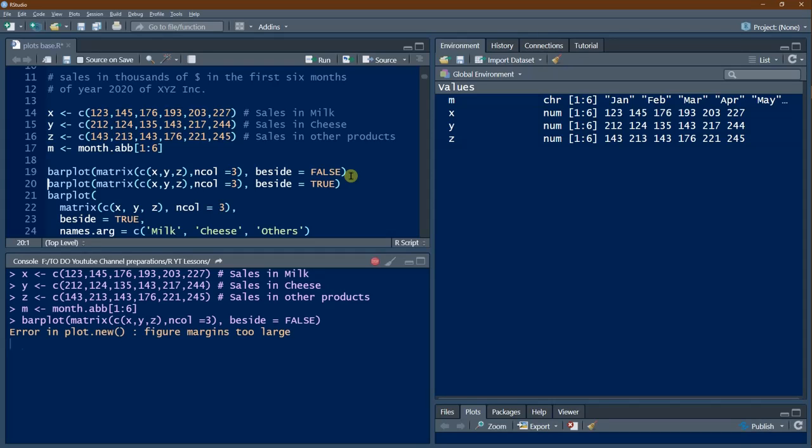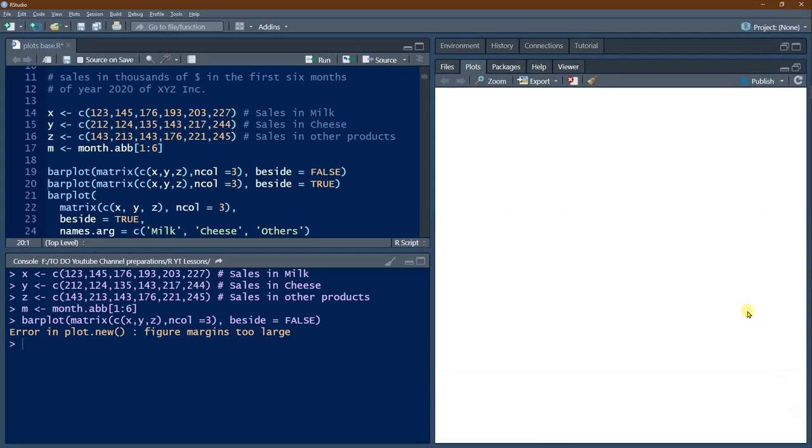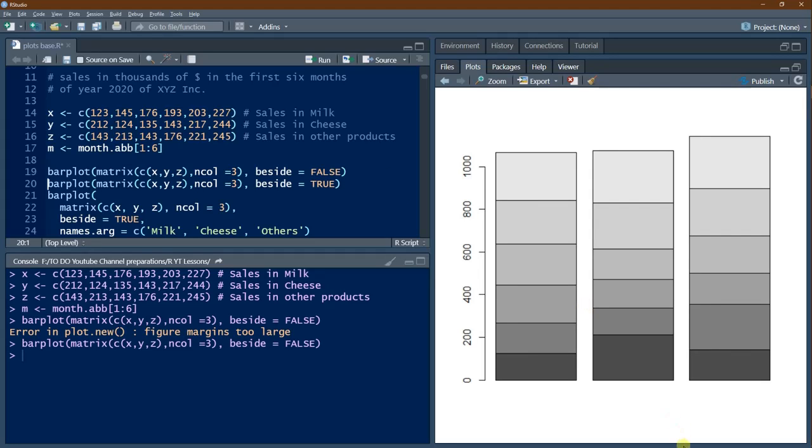Now we have plotted. Figure margins are too large, that's because we have minimized this, so we'll make it big. And now we'll execute this command once again. So we have got 3 columns, right? The first column, there are 6 figures.